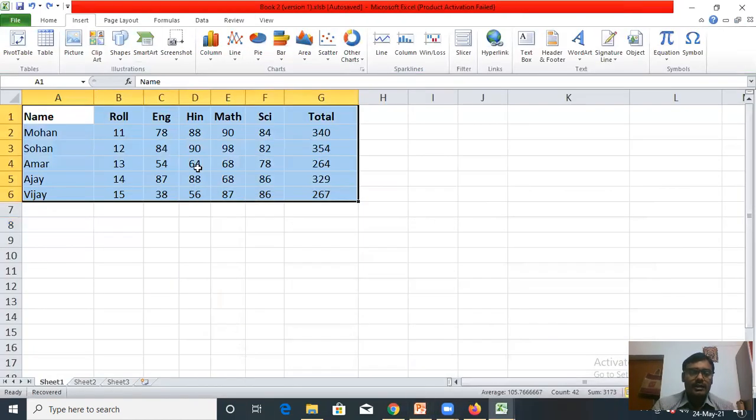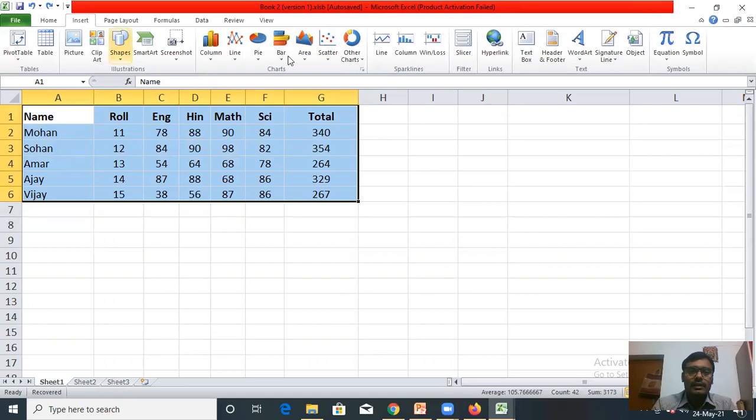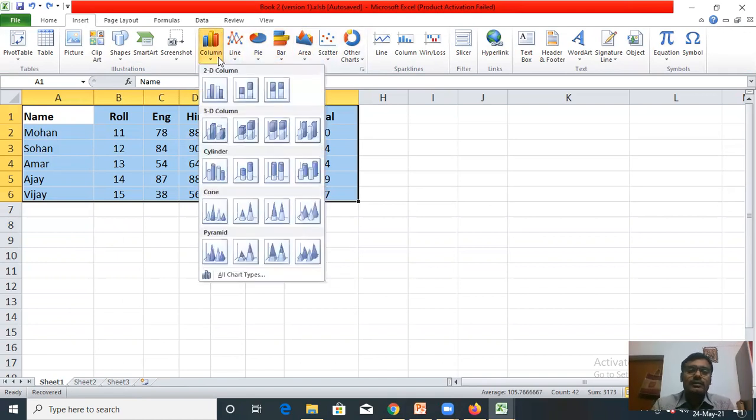So coming to this data, first you have selected the data. Then you have clicked on the insert tab. This is the home tab and this is the insert tab. So click on the insert tab. Now in the charts group, you can select any one, but you have to create a column chart. So click here. Now a submenu will open. You can select the type of column chart you want to create. This is 2D, this is 3D chart, this is cylinder, this is conical chart, and this is pyramid. What type of chart do you want to create? Suppose I am clicking on 2D chart, the first one.